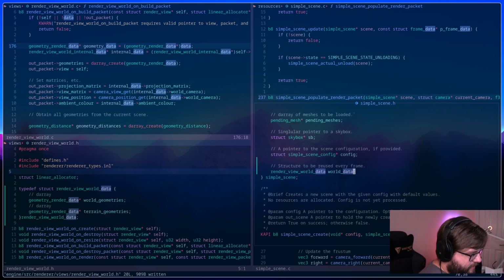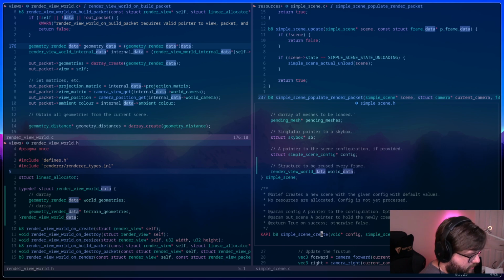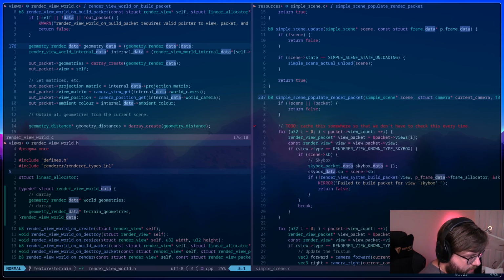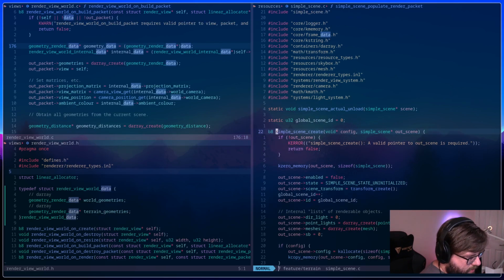So we have the world data there, which means we need to go to scene create. Why? That's rude. Go to implementation, maybe? Oh, because we're in the H file. I don't need that. Okay, so simple scene. We will go to create,